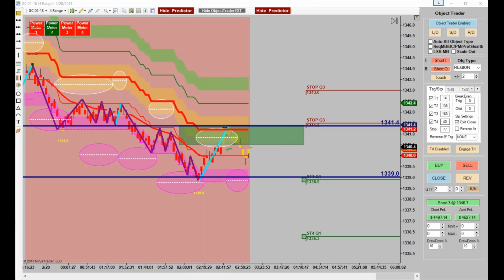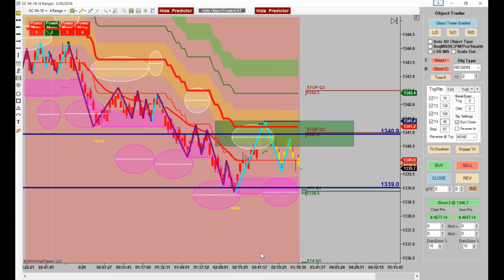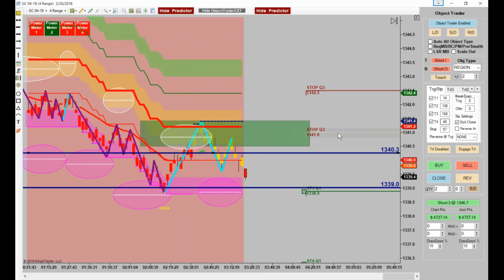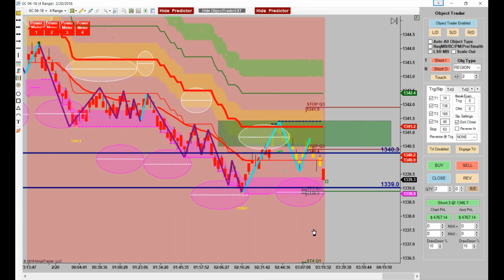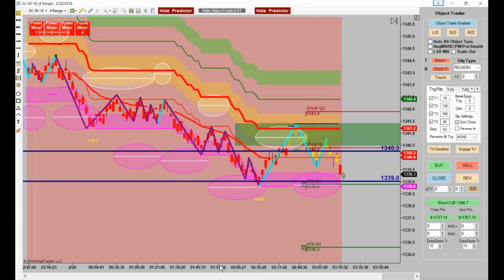There's a little retrace. Now that's a swing, isn't it? See that? That's a swing. So wouldn't you go ahead and move your stop like that? And let's see if we can go down any further. And we'll get out of this trade if it breaks our lightning. Where's lightning right now? Well, it's right there. See it? That's a little lightning swing. Thrust, retrace, thrust. Just in case they don't take out these lows.